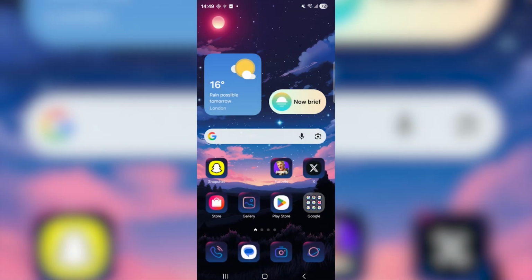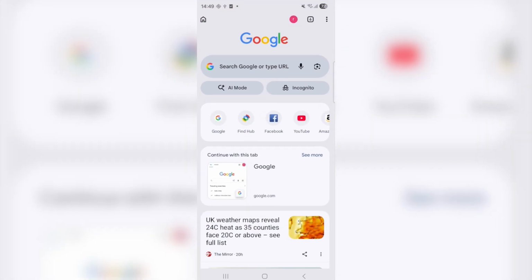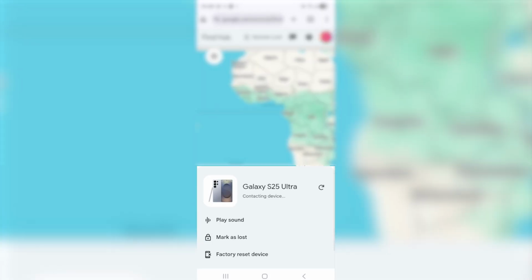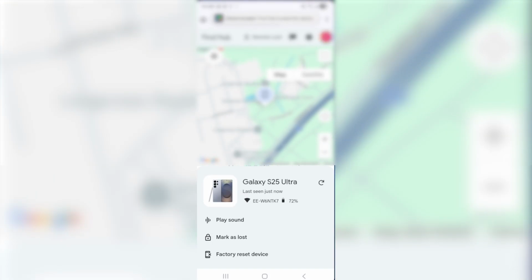So what you want to do is go over to your browser of choice. Obviously, this could be on another phone, a different PC, anything like that. And then we're just going to use Chrome. Then all you want to do is go over to the Find Hub. It's going to be google.com/android/find. Then once you go ahead and click on it, it's going to basically show the exact location of your